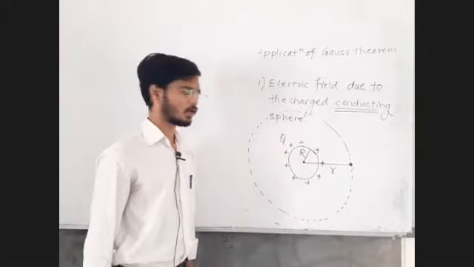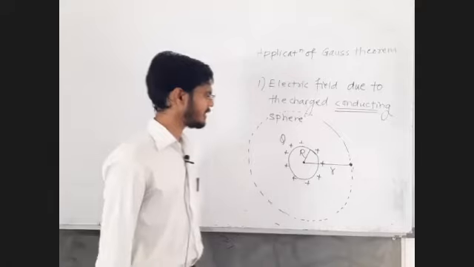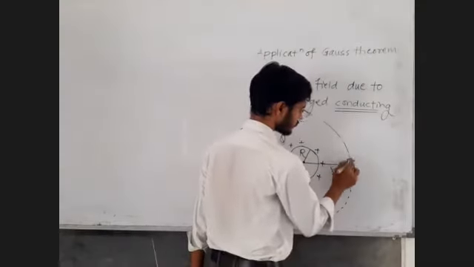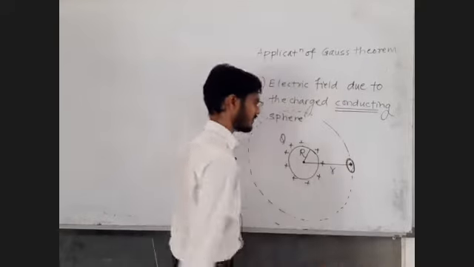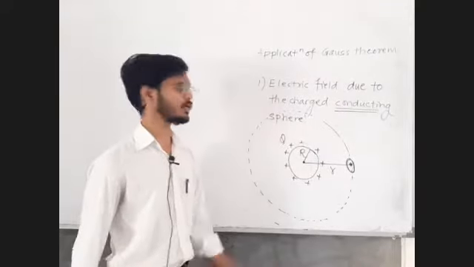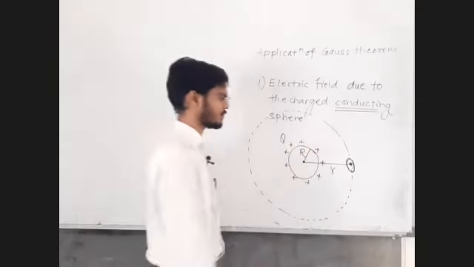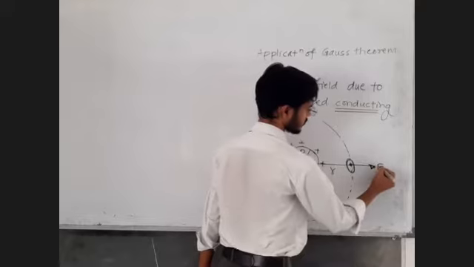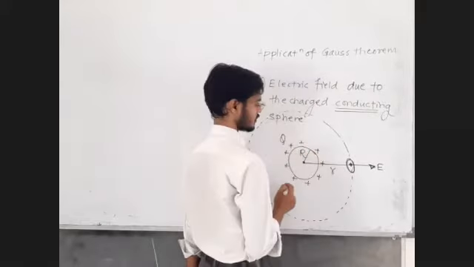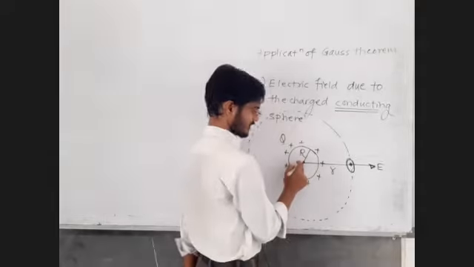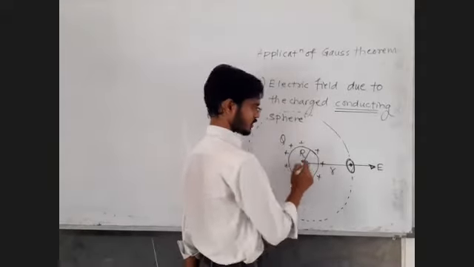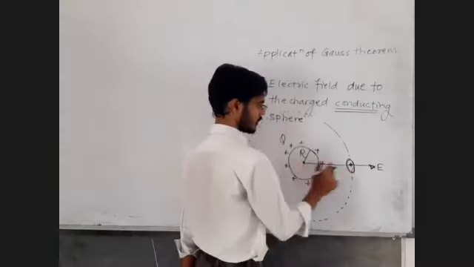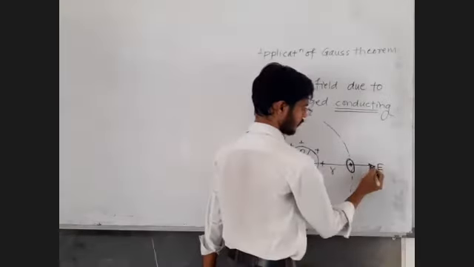Okay, fine. Can I imagine a very small surface here? Yes, sir. At that point, due to symmetry of the system, the electric field will be away from the center of your system. Our system is a charged sphere, so it has a center here. This is a positive charge, so the electric field will be away from the positive charge, away from the center. So this is going to be the direction of the electric field at this point.